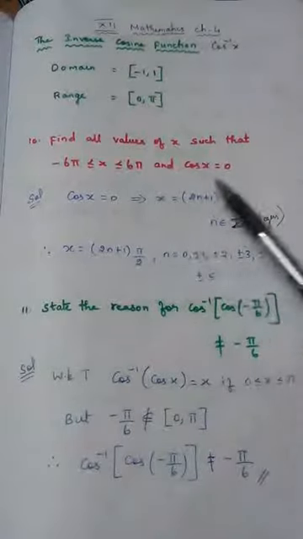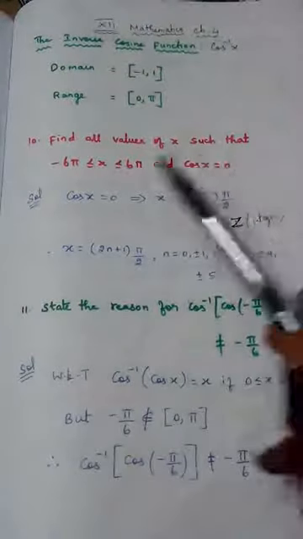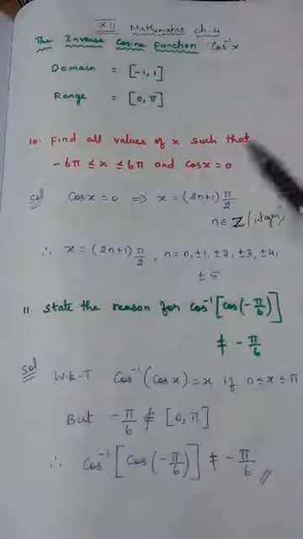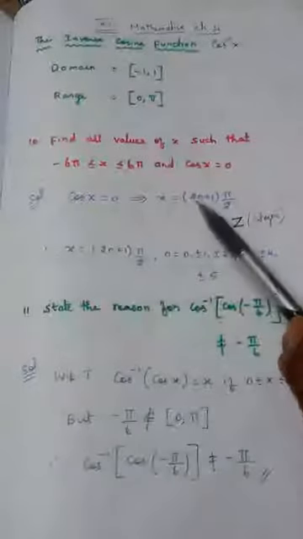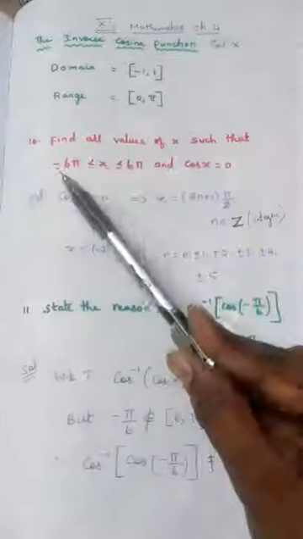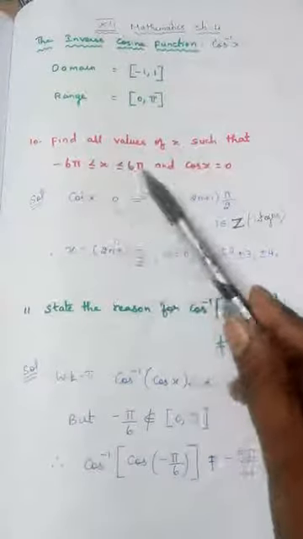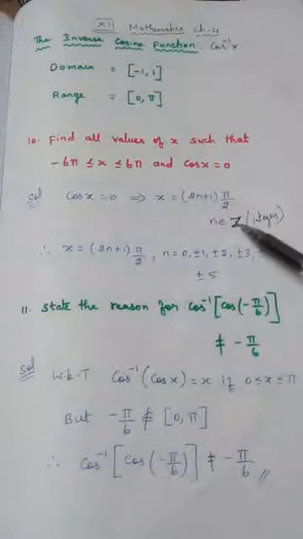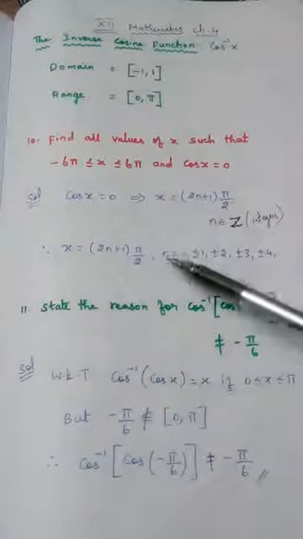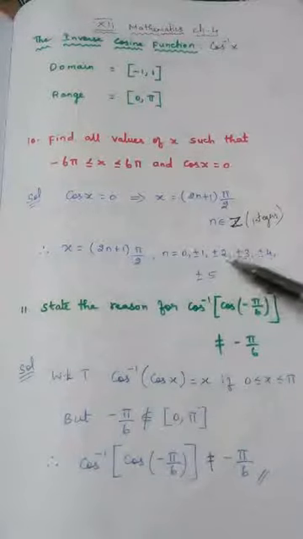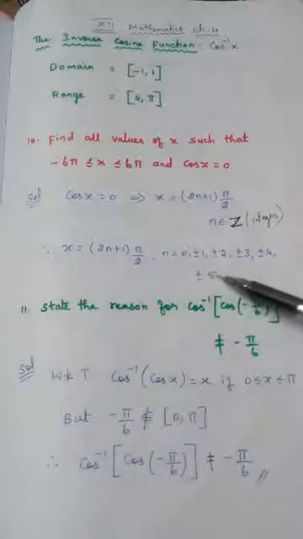So these are all the x values, but what we want are values between minus 6π to plus 6π. So I am writing the answer now. Therefore x is equal to (2n+1) into π by 2. This is the answer. But since our limit is only from minus 6π to plus 6π, I should not say n belongs to Z. I have to be very particular about this value of n. So I am going to take n equal to 0, plus or minus 1, 2, 3, 4. I'll stop at plus or minus 5.